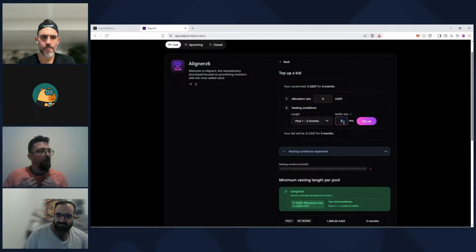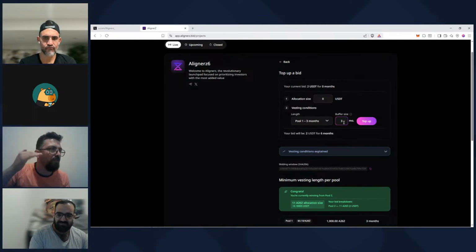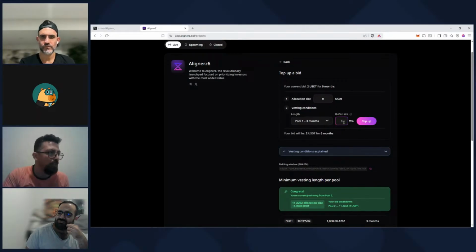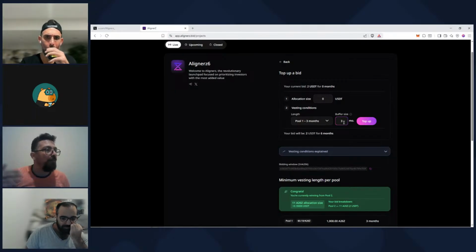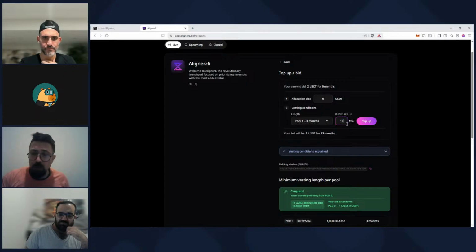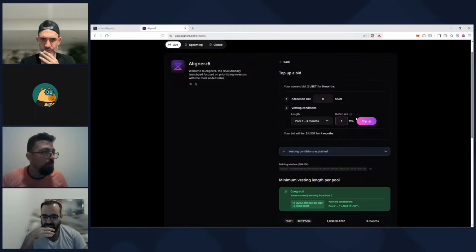So it's like, okay, I'm winning. I want to get from pool 1, but I don't want to be at the end of pool 1. So please add, let's say, 3 months on top of the minimum required vesting length that I need in order to reach this pool. This way, it will take more time for other players to push me outside of this pool. You are free to choose any buffer you want. You can choose 100 months if you want. You can choose 0, or only 1, or whatever number. Here we will try 1 month.